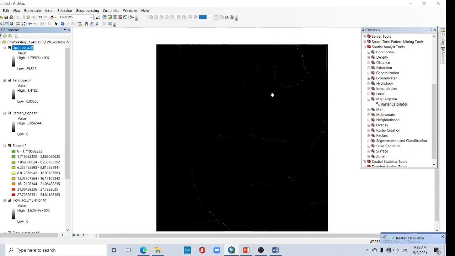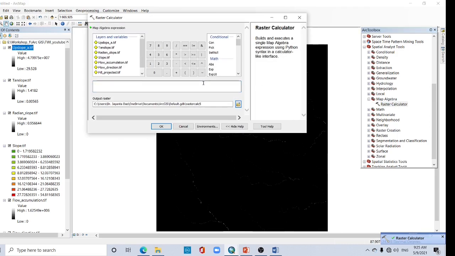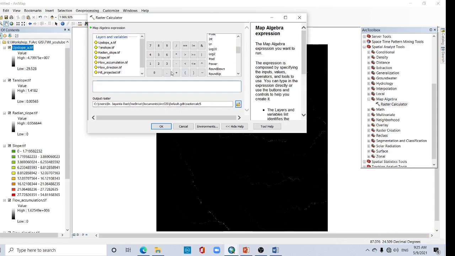Now the final step. Again go to raster calculator and remember the formula, log normal. Here the log normal, click it. Then upslope divided by tan slope.